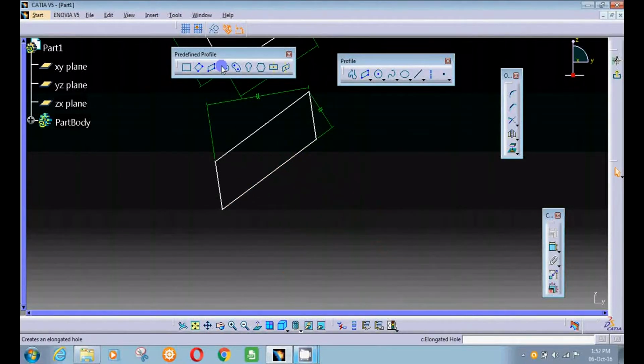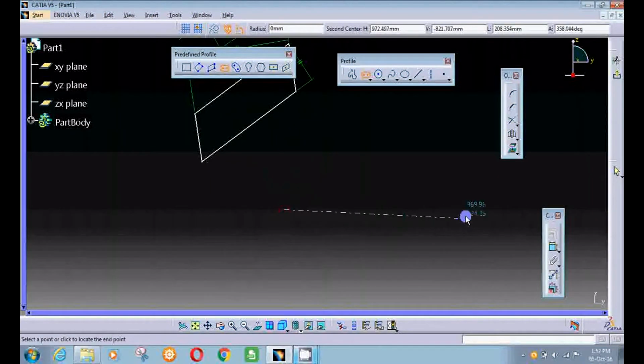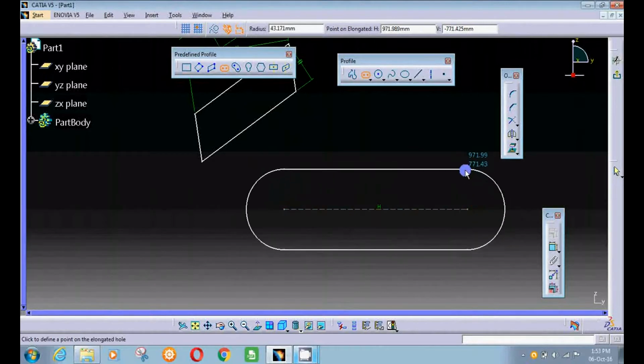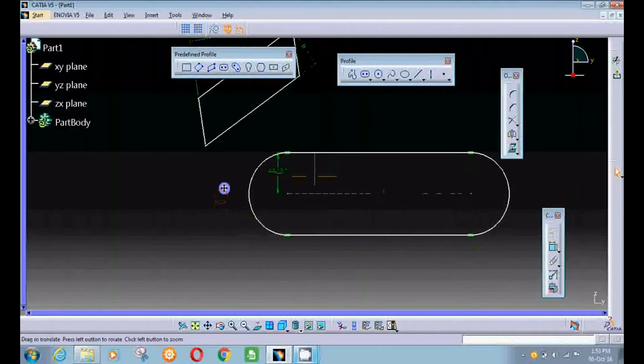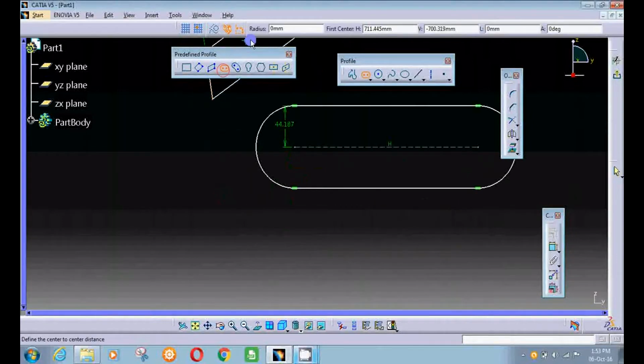The next is elongated hole. You have to fill the straight length, then the radius for this elongated hole. All the options you can take from the sketcher options, in which you can fill radius, first point, horizontal and vertical, and length or angle also. The next option is cylindrical elongated hole.